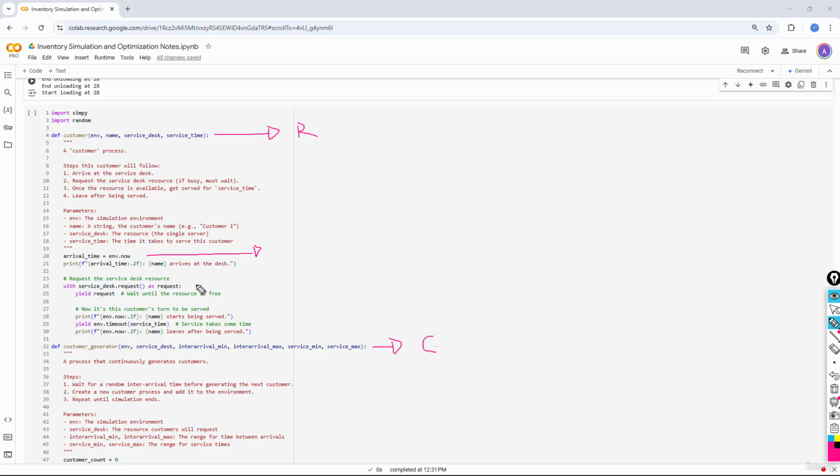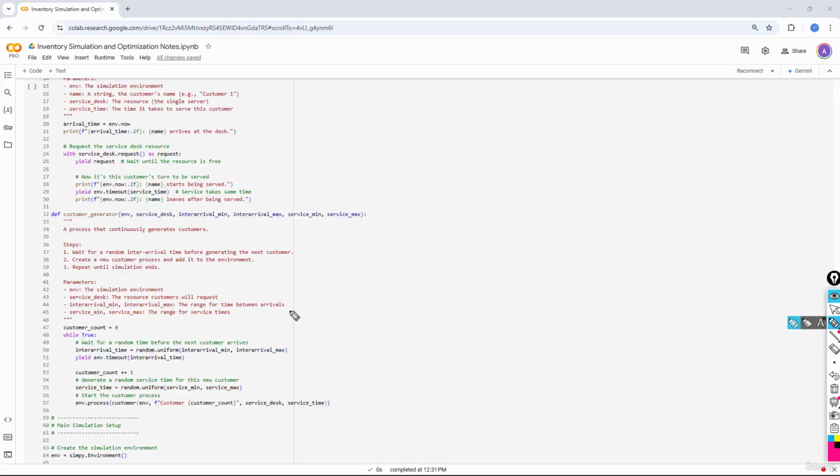And here we request the service desk resource, so wait until the resource is free, and then we serve the customer based on the service time defined in the parameters. And the customer generator function basically continuously processes the generation of customers based on the input distributions of the inter-arrival